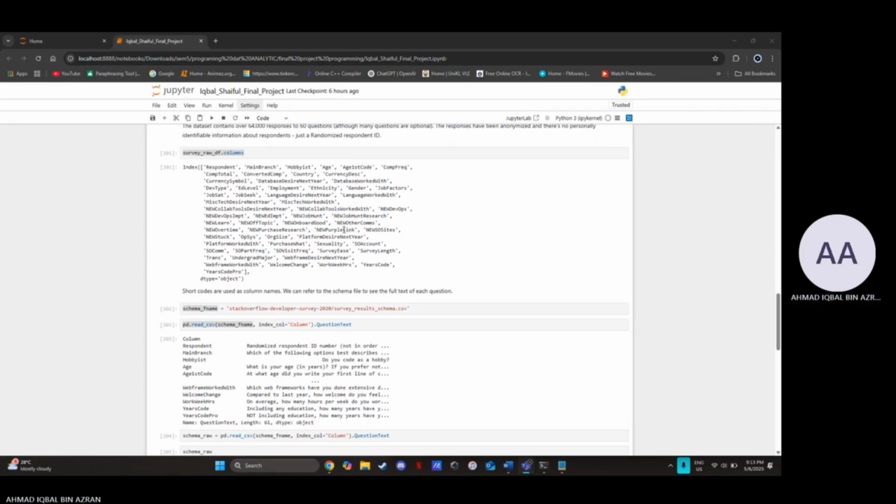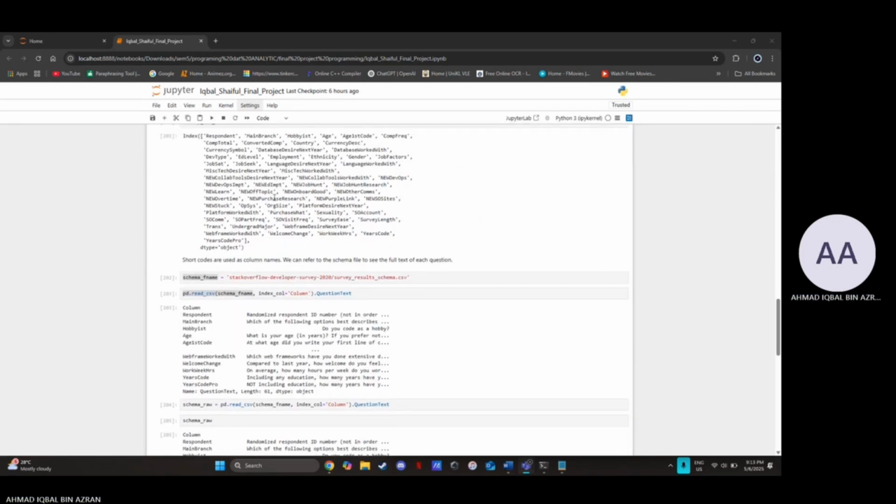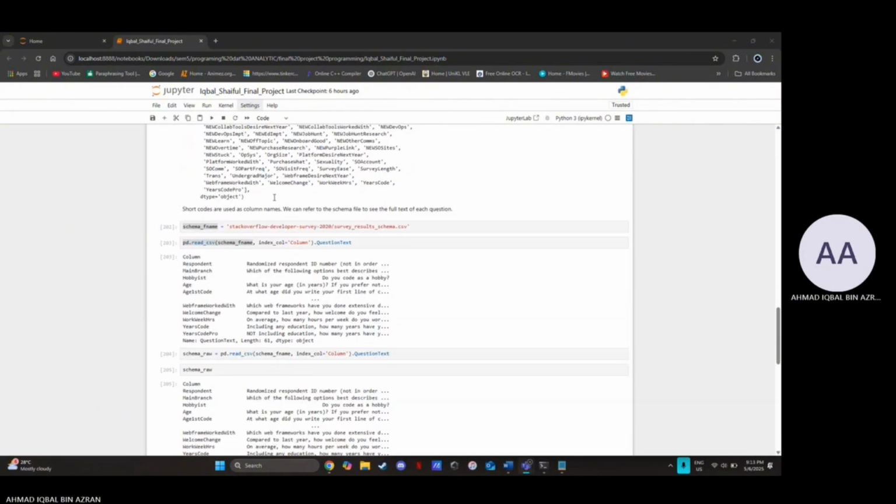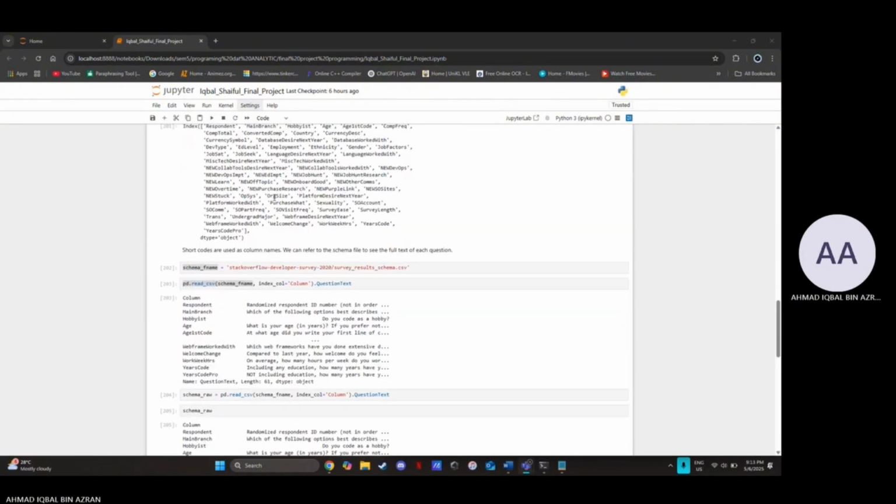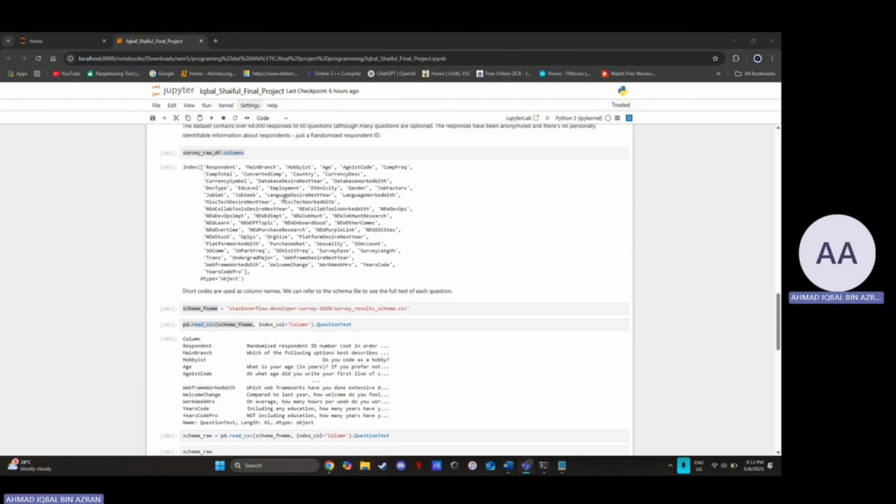So let us now view some basic statistics about the numeric columns. So let us describe our survey data frame. As you can see here, we have the count, the mean of each one, the age and such, the standard deviation, the minimum, 50% and the max. There seems to be a problem with the age column in the survey raw data frame, as the minimum value is 1 and the max value is 279.